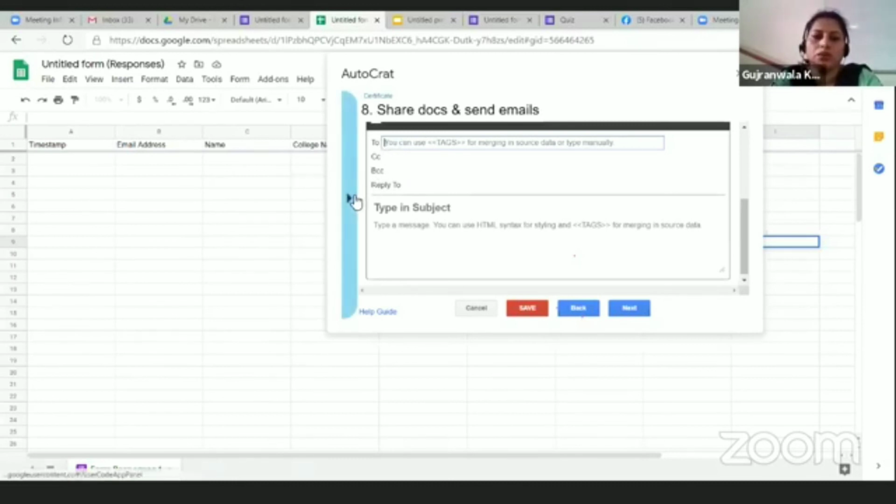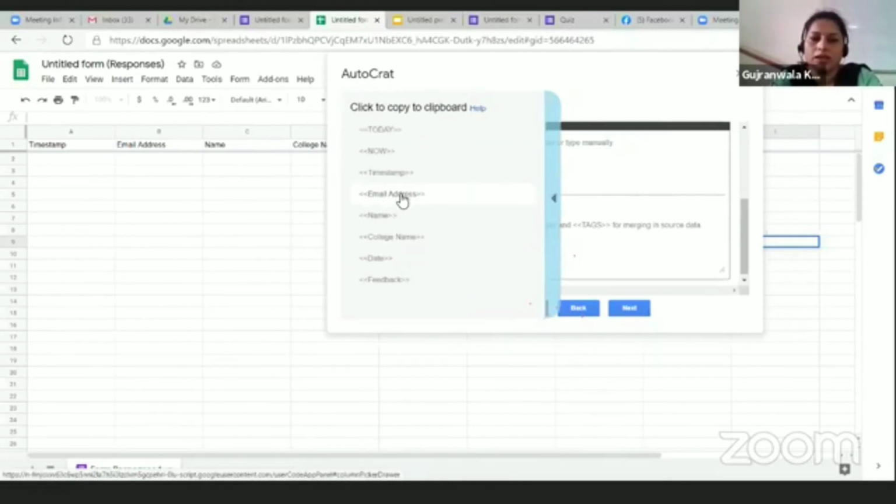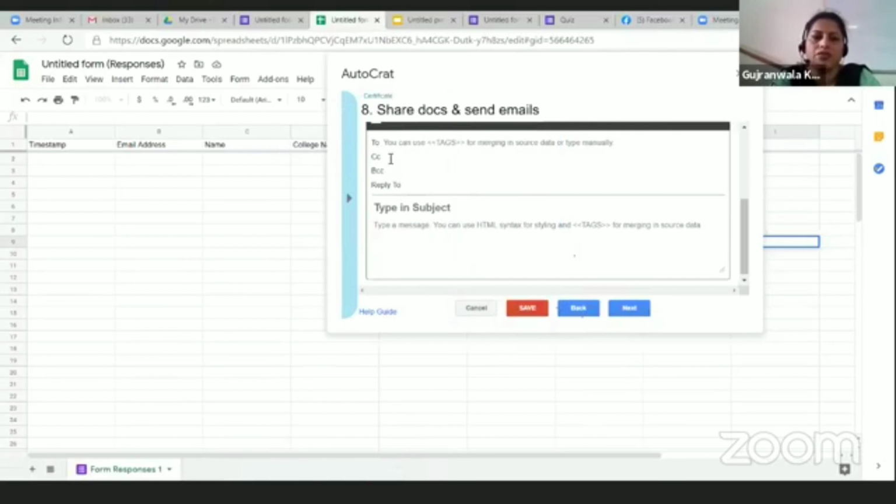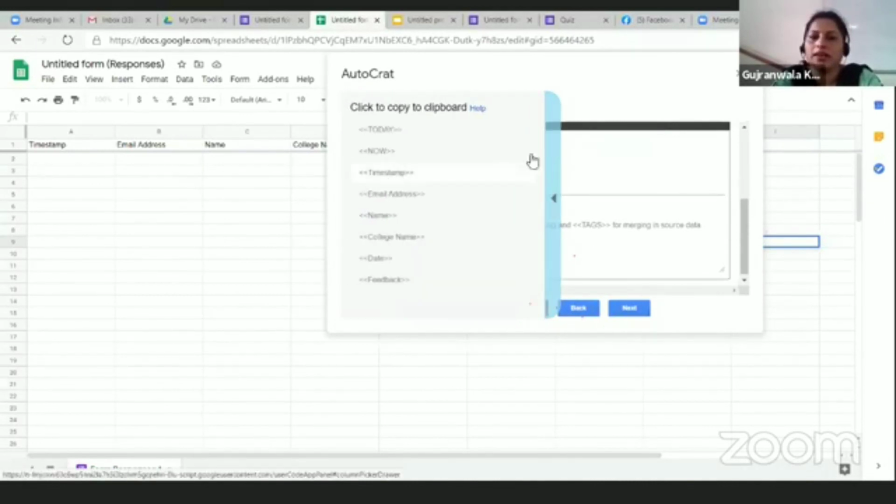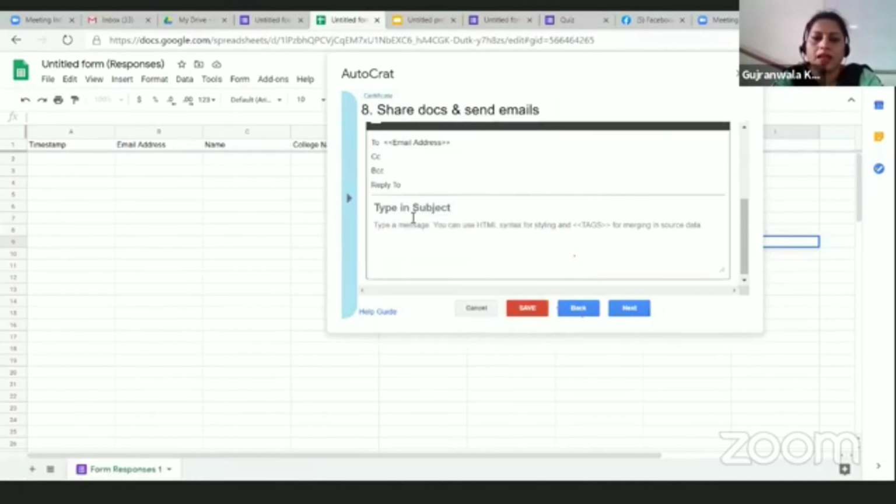So you have to use the email here. Now you can just click it and Control V. The reason I am doing this is, if you do it by typing, you can make some errors, some space difference. So it's better you just click here, and then when you come to this window, you can just Control V.